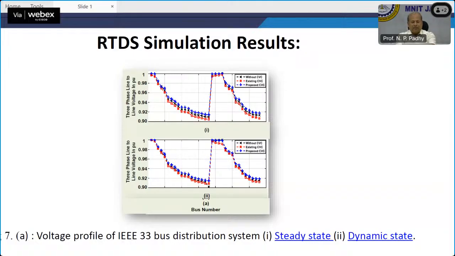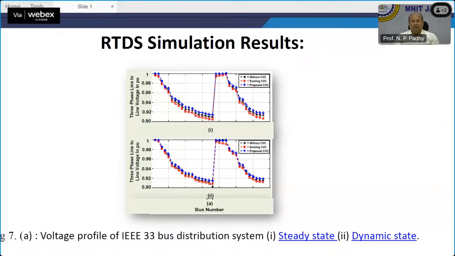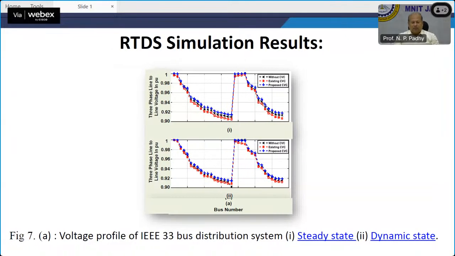Actually, they are plotted based with reference to the bus number. And if I go back to the master, all of you please have a look, because this is basically one sort of